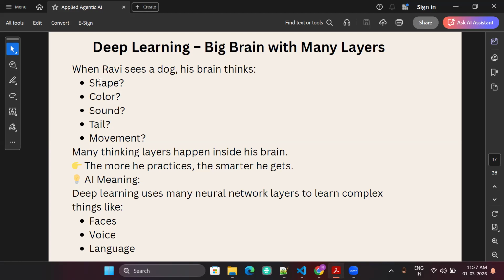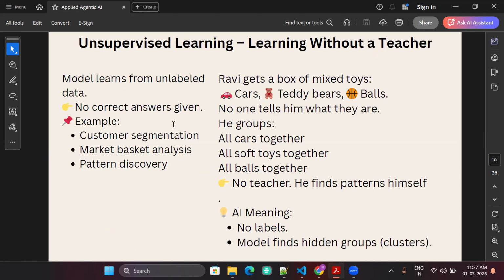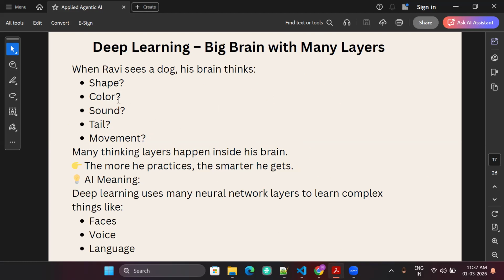So same way, in deep learning, what happens? There are many neural networks that we have to build. In supervised and unsupervised learning, what we were doing is, let's say, we were training the model only in one layer, considering small features. And what are features? The input on which we train the model. But now in deep learning, we give lots and lots of data, and the data can have many parameters or attributes. And then based on all these attributes, it will try to form relationships between each category and then try to find patterns.